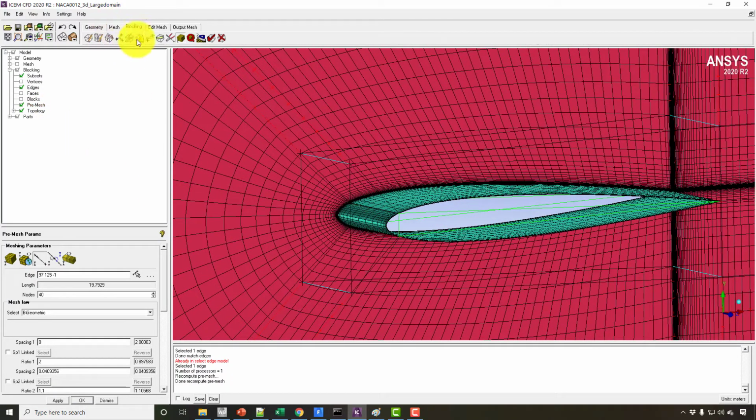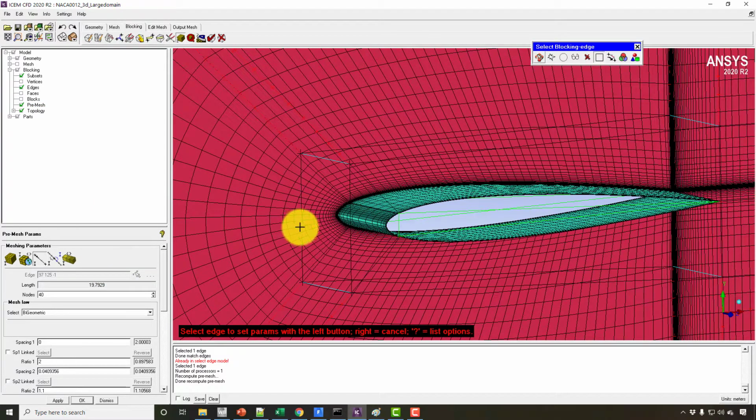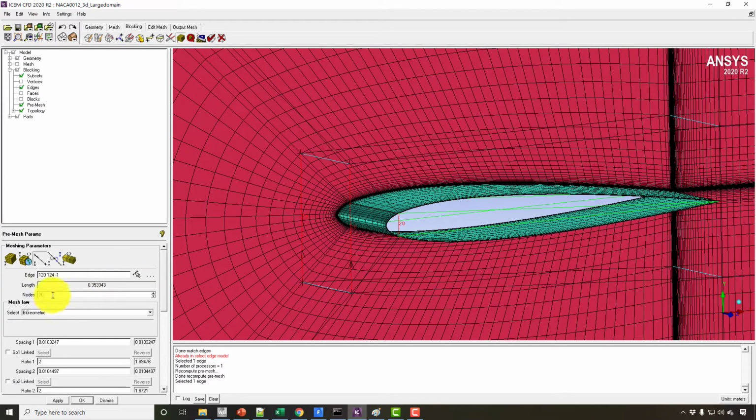This is one thing. And the second thing is that I am going to make it uniform here, and I will keep the number of nodes at 14, with no spacing, no first cell, something like this.